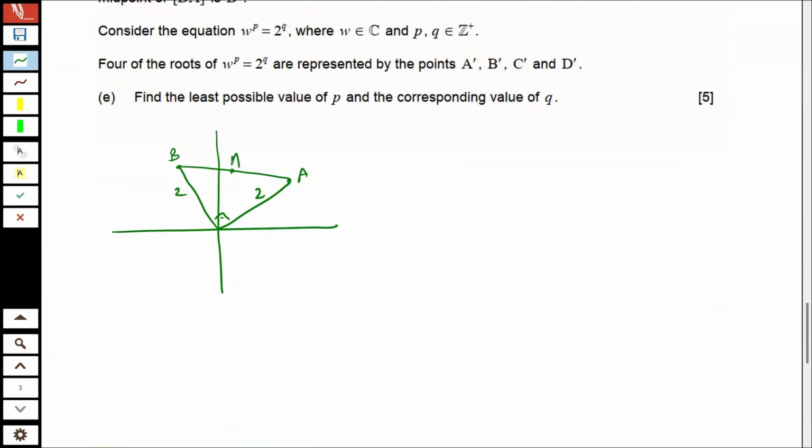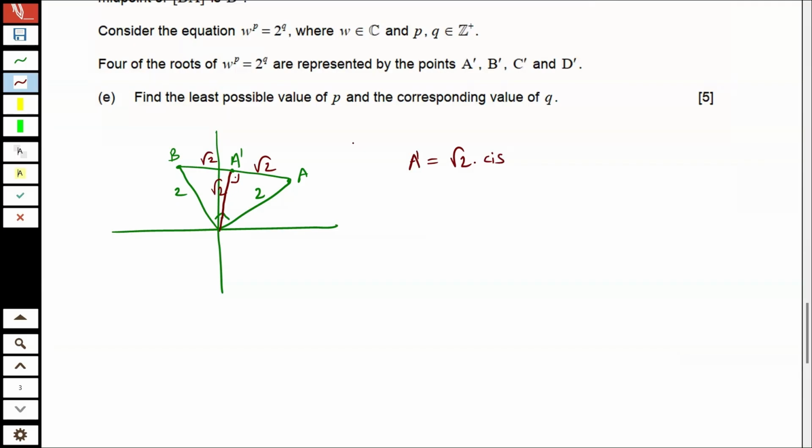So what is this complex number? You can see from here, it's gonna be also perpendicular to the AB line, and the length of AB is gonna be 2 times square root of 2 from the Pythagorean theorem. And in this case, the magnitude of A prime will also be square root of 2. For example, you can write A prime is square root of 2 times cis